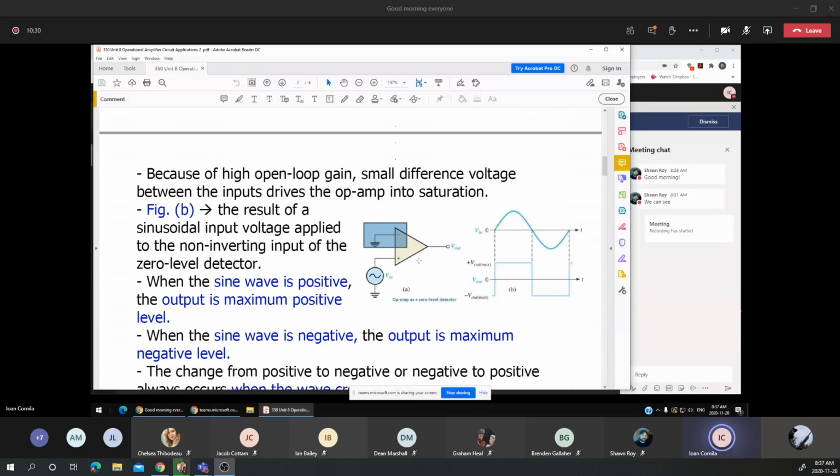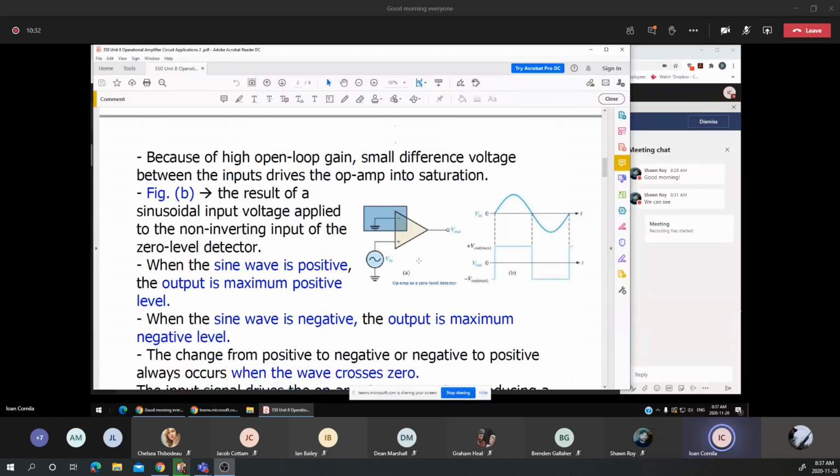That's specific to the op-amp, which amplifies the difference between the two inputs. The inverting input is grounded, which means that for any Vin higher than the ground level, the output voltage will be